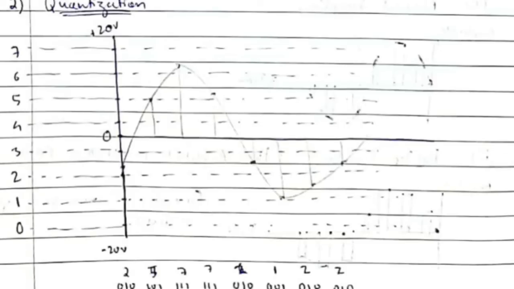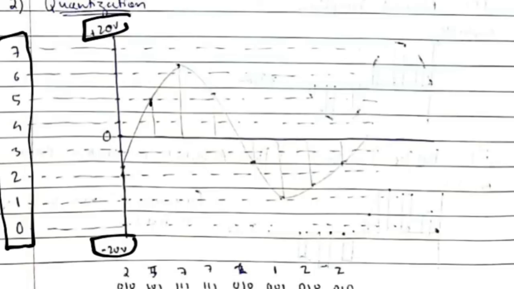After the sampling process, we need to get the numeric values of the points marked. For that, we'll be marking the maximum and the minimum voltage, and after that we write some numbers here which are the quantization levels. If you have 3 bits of data, as in this signal we have considered 3 bits to be transferred, for representing 3 bits we need 8 levels, right? Like 000, 001, like that we need 8 possibilities, so we need 8 levels. So I have marked from 0 to 7, which are nothing but